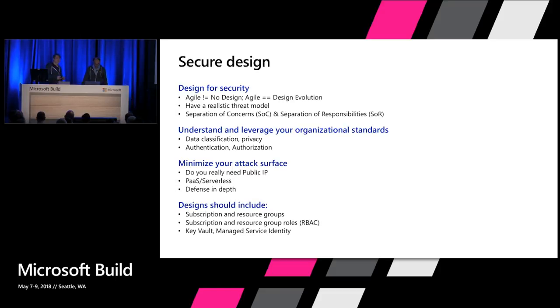And then defense in depth, back to that point around defending every layer. Tiers shouldn't trust each other, right? The first thing you're going to do as an attacker, you're going to attack and compromise a single tier, the weak point, and then you're going to go horizontal from there.